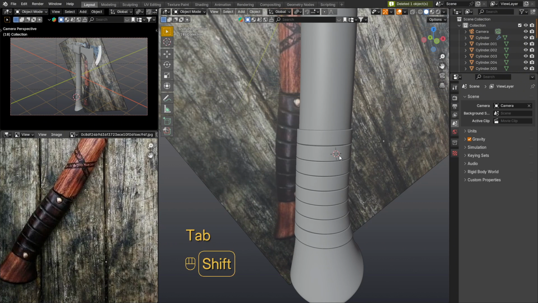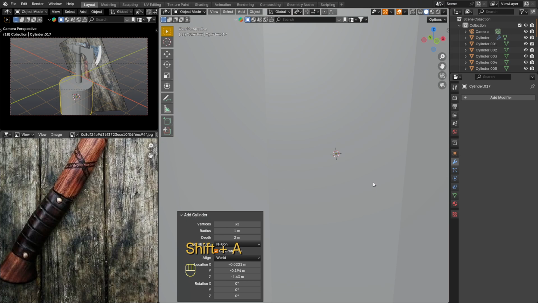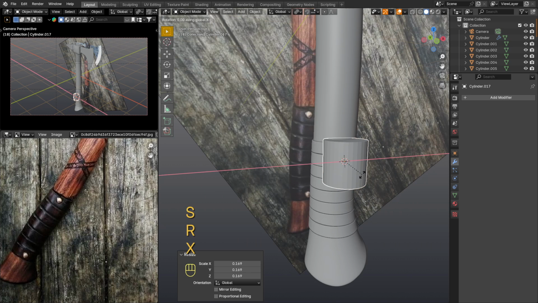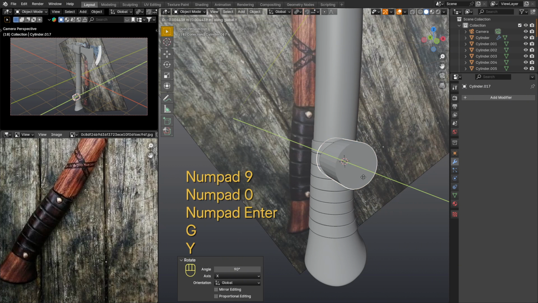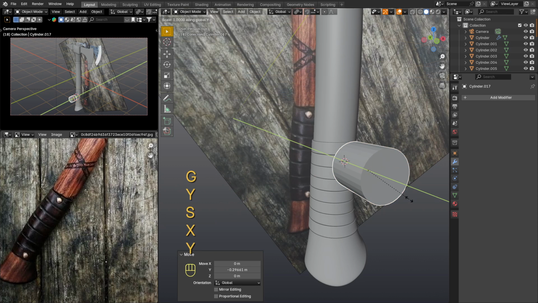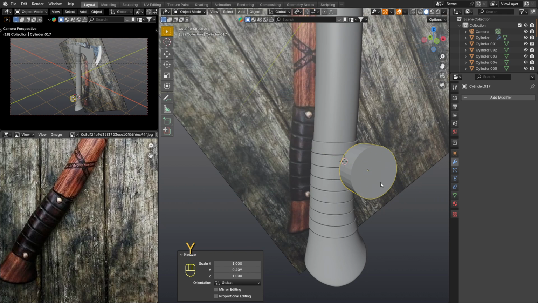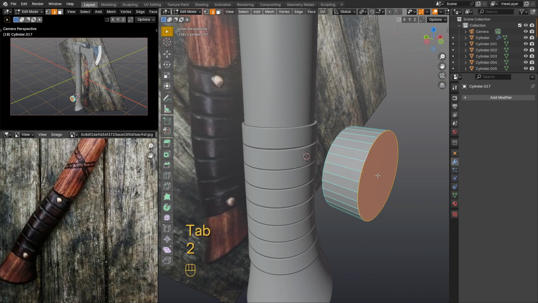Well, when we have finished with this, we can immediately make nails with which these round elements are attached. A cylinder will help us in this matter, so we add it to the scene, reduce its size and rotate it 90 degrees along the X-axis. Now reduce its size along the Y-axis.